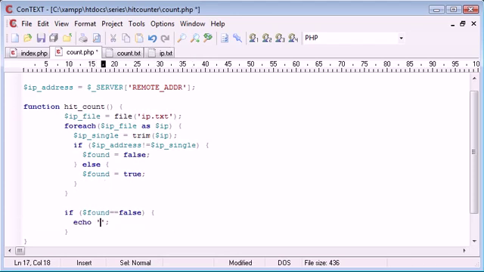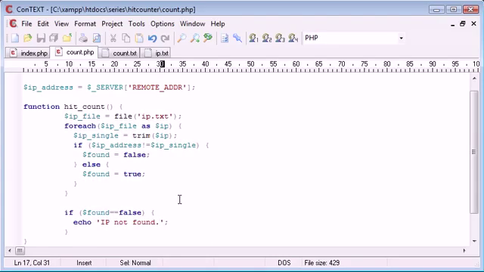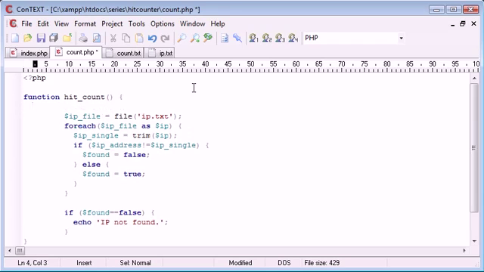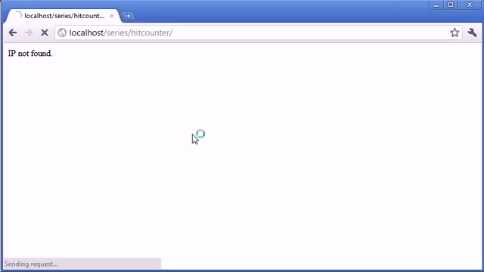So let's just test this first of all. We can echo here IP not found, and in the case of the IP address not being found, we can increment the value of count. So let's just test this works. Refresh. IP not found. Oh, it should have been. Okay, so I think the problem here is that we've declared this outside our function. So what we need to do is if we pop this inside of our function, just in there, and we